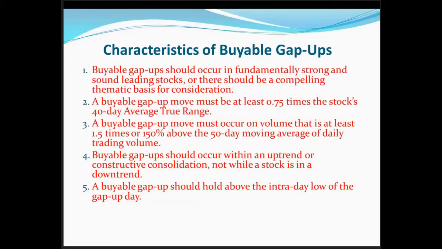Now, the key feature that makes a buyable gap up probably one of the least risky buy points depends on where the intraday low of the gap up day occurs versus where it closes. The buyable gap up should hold above the intraday low of the gap up day. So let's say a stock is trading at $40 one day, and the next day gaps up to 45, pulls back to 44.50 during the day, and closes at 46. In that case, the 44.50 intraday low would be your downside stop, which is generally a lot closer than, say, 7 or 8%. So the reality with the buyable gap up is that you can control the risk reasonably well,